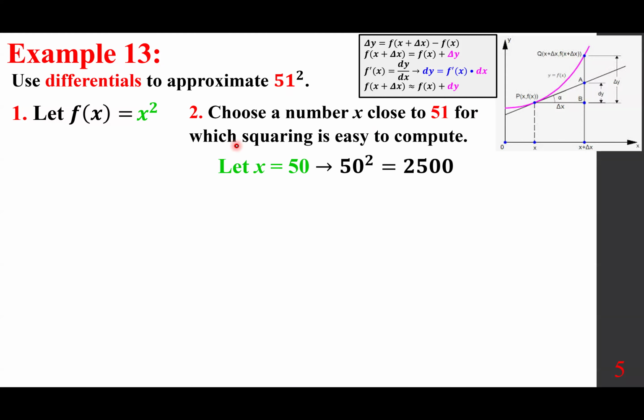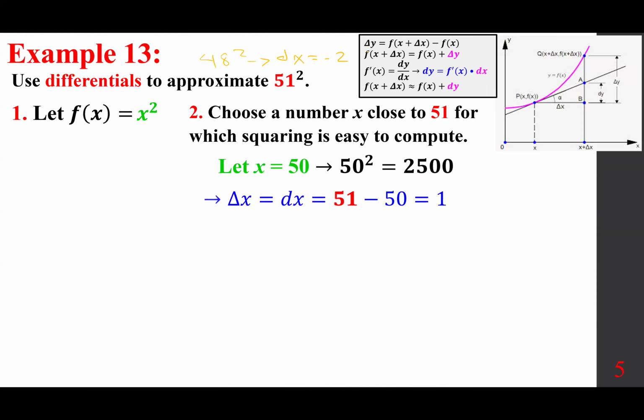Now, what is delta x? The difference between the two, 51 minus 50 equals 1, delta x or dx. I want to make sure we understand the meaning of this. We may not know what 51 squared is, but because dx or delta x is positive, that means 51 squared must be larger than this. That's the idea. If, for example, we were interested in finding 48 squared, I hope you see that dx or delta x becomes